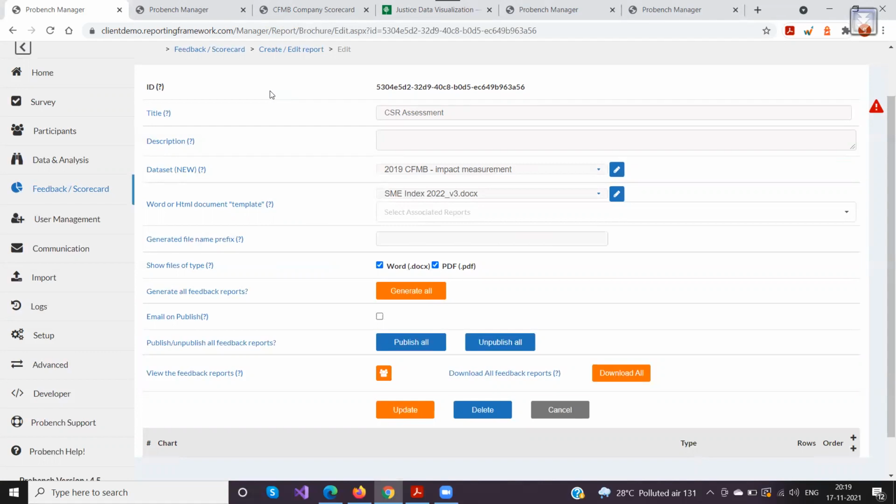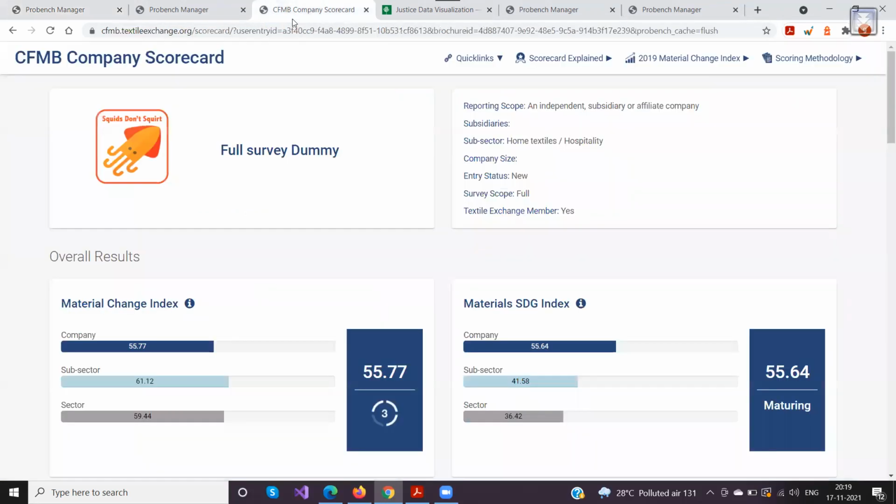What we normally do is the same thing. We create placeholders, and those placeholders are then replaced by the system with the relevant data for that particular company. That's what we always do when it comes to scorecards or feedback reports. For demonstration, there are a few examples that I'm showing you here.